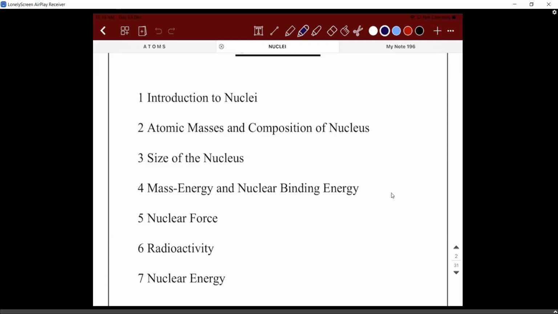So nuclei, what is it? Atoms and nuclei. When in the atoms chapter, what were the levels of discovery that happened? First, they discovered the electron, at the time of Thomson's model. At that point, there was no concept of nucleus. Then who discovered the nucleus? Rutherford's experiment proved that there is a positively charged center called the nucleus. But at that point, they didn't know that the nucleus consisted of neutrons. They thought it is completely positively charged, meaning it had only protons.